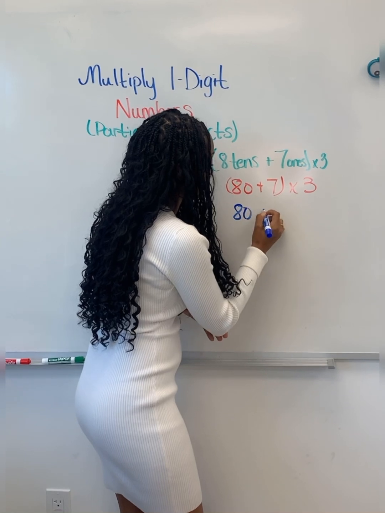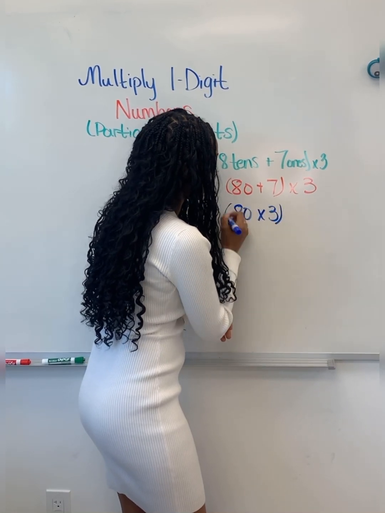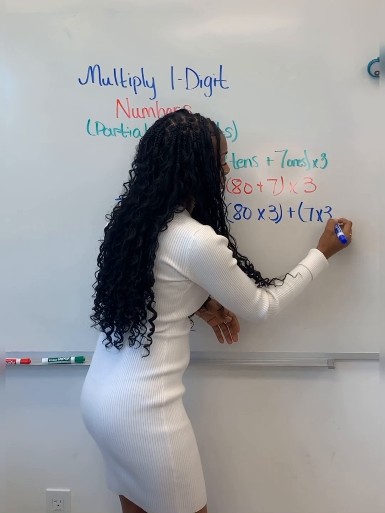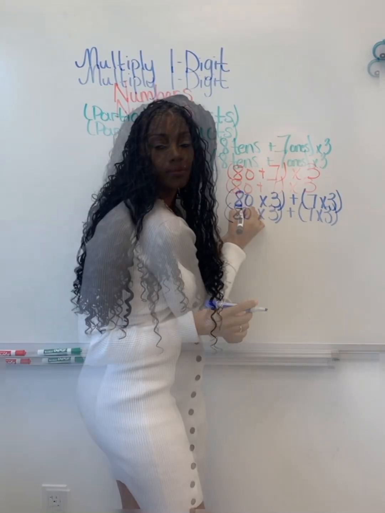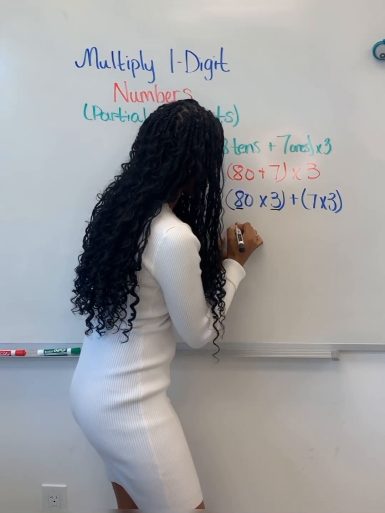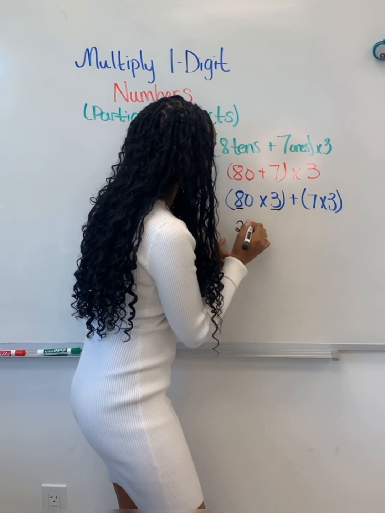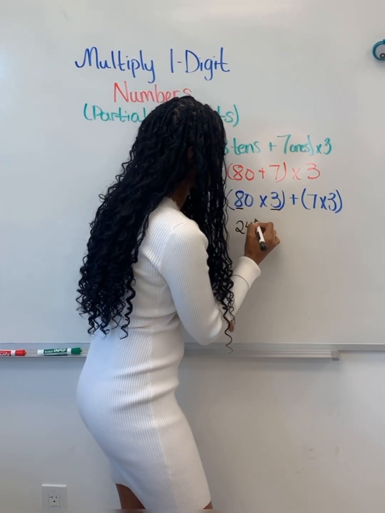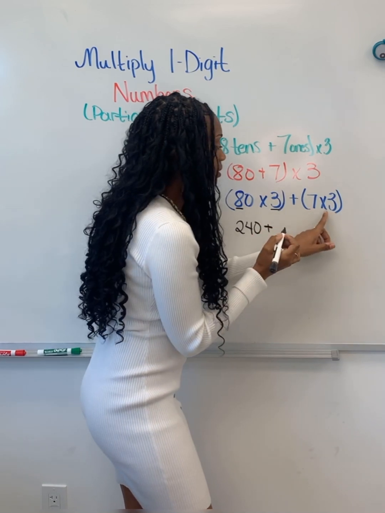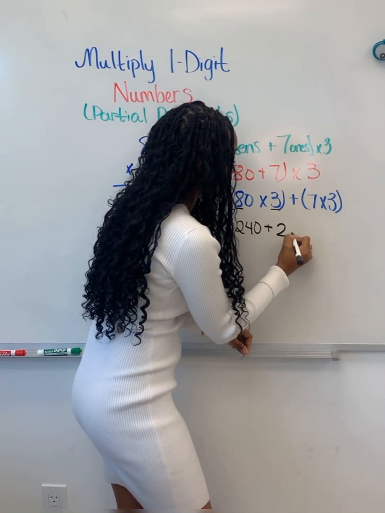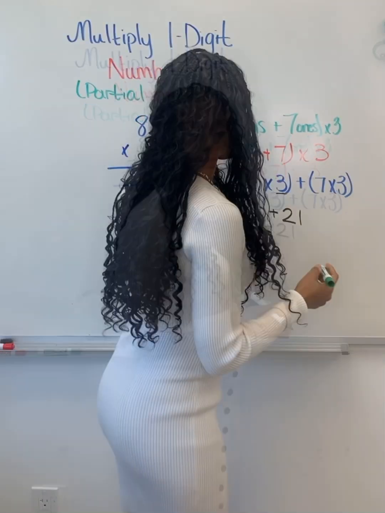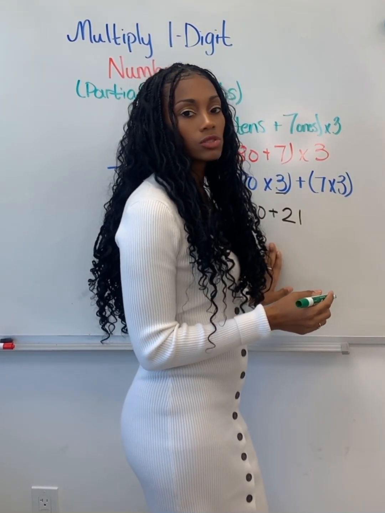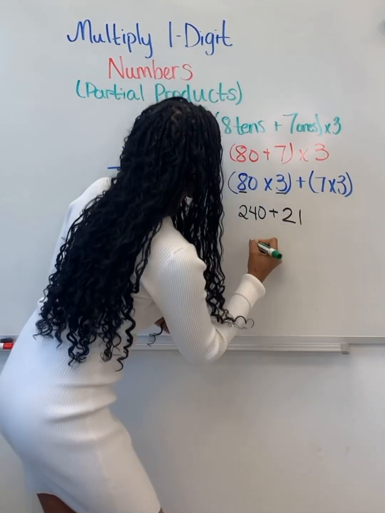So that then breaks down to 80 times 3 plus 7 times 3. 8 times 3 is 24. And the only thing I'm going to do is add back the 0. Plus 7 times 3, which is 21. And it's a lot easier to rewrite this from horizontal to vertical. So what I could do is simply go